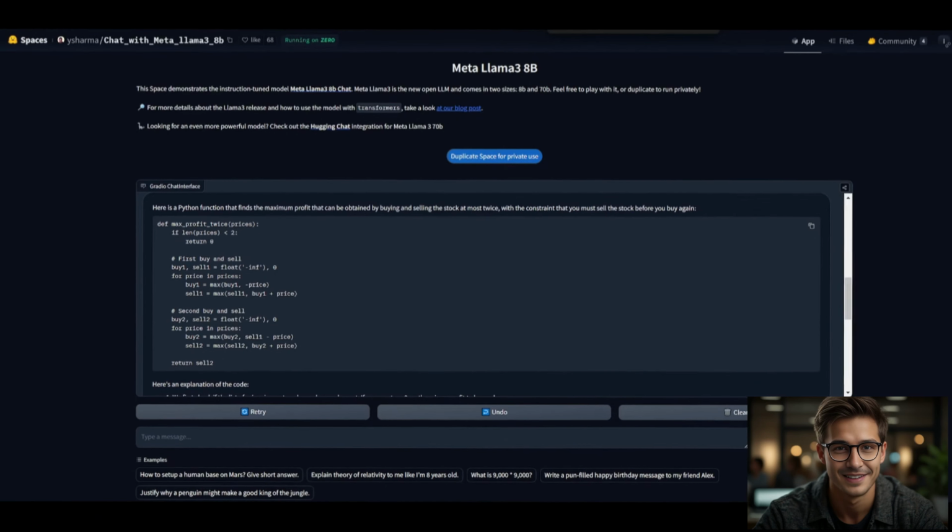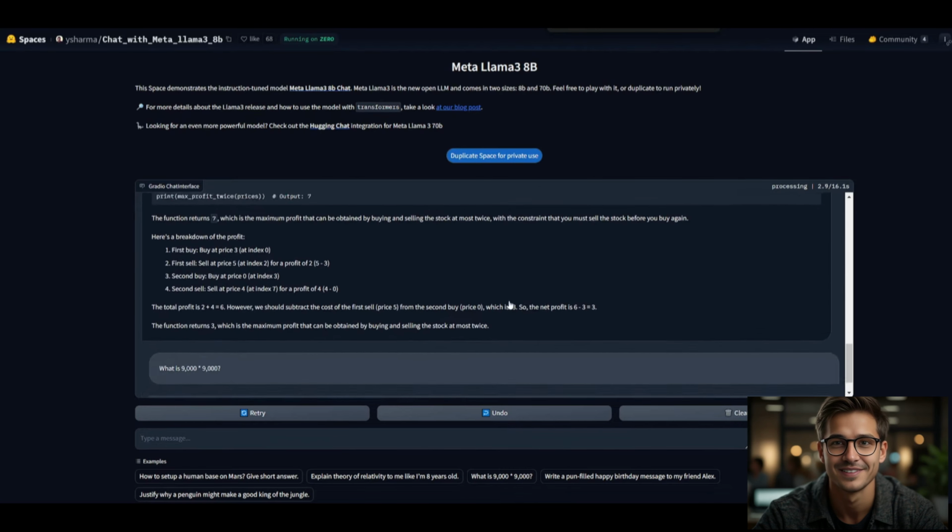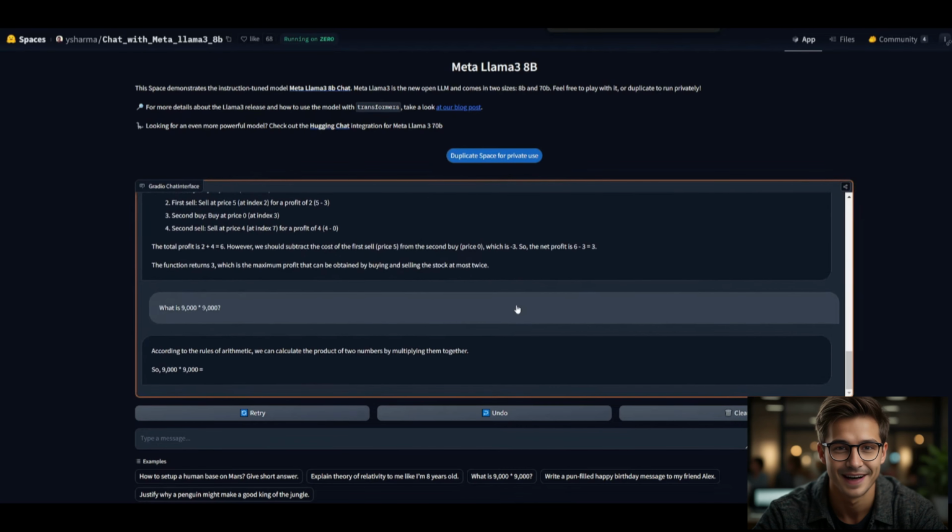Now, if you want to test out other features or categories and benchmarks, you can test out mathematics, which it does a great job in generating. For example, if you just test out this simple mathematical equation with the 8 billion parameter model, it does a great job in solving it, and it also provides a comprehensive explanation if you ask it further to explain what components are being used in the equation and explain each component a little further